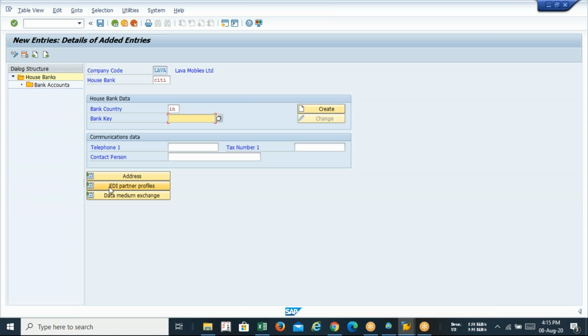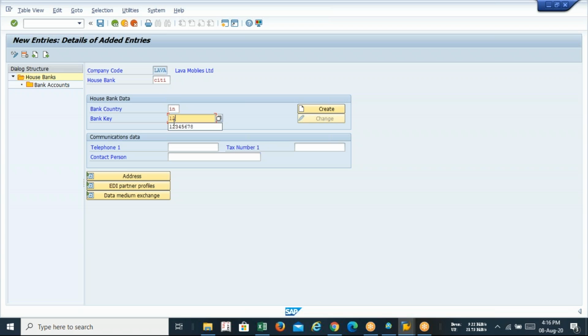Because today, not only in India but in the entire world, in the banking system there is a concept called CBS scheme, the centralized banking system. Under the centralized banking system scheme, the bank will be determined by its MICR code or IFS code. So in the bank key, you can use your bank MICR number or IFS code also.